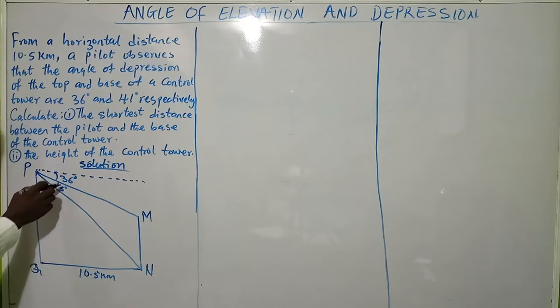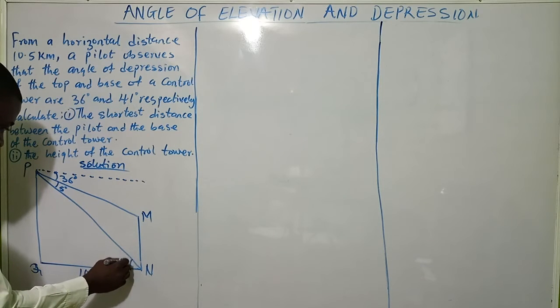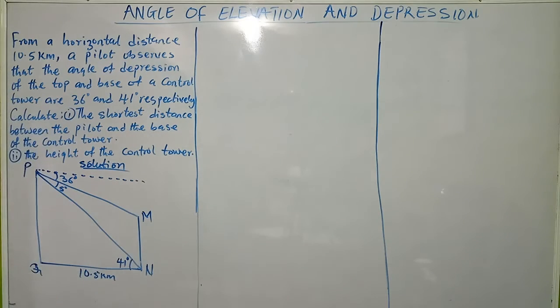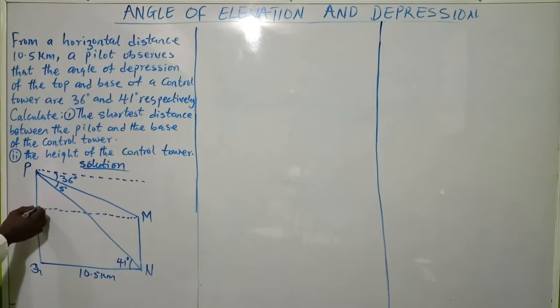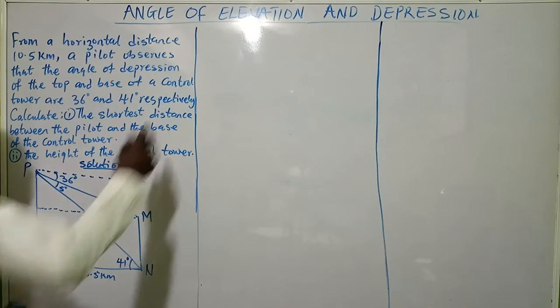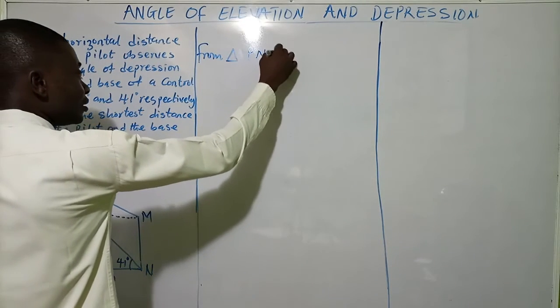Meanwhile, if from here to here is 41, that is 36 plus 5, that means this angle here also will be 41 degrees. They are alternate angles. So now I can get what we are looking for, PN. Now I can say from triangle PNQ,